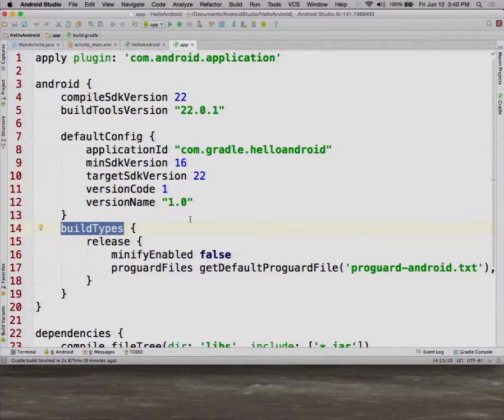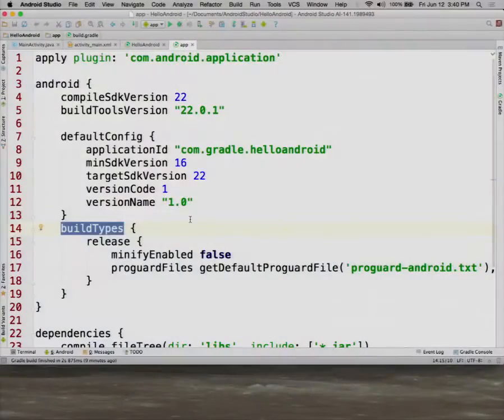Now, here is our build types section, and by default, there are two build types. There's a release type and there's a debug type. And you can make up your own just by putting in words. You know, just say the name of a word and it will automatically create it if it doesn't exist already. That too apparently is something that's going to change in the new model, but we're not there yet. Now what this one is saying is that in our current release version, we are not enabling minification, but if we were, the ProGuard files we would be using are the ones here,